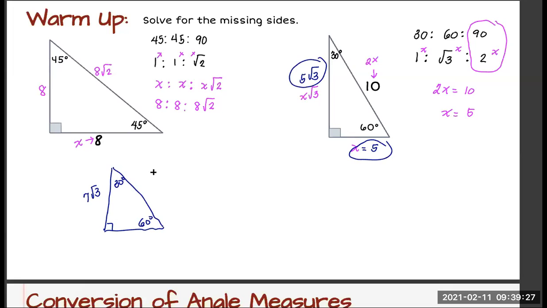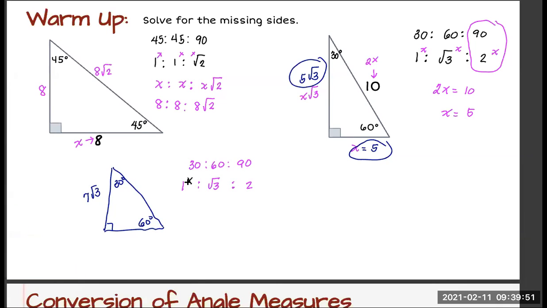All right. Supposing we are given this. You have a right triangle, 30, 60, 90, and you are given the side opposite the 60 degrees. Okay, so again, you have 30, 60, 90. Ratio is 1, square root of 3, 2, right? Which means that,